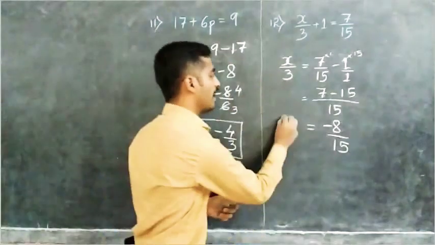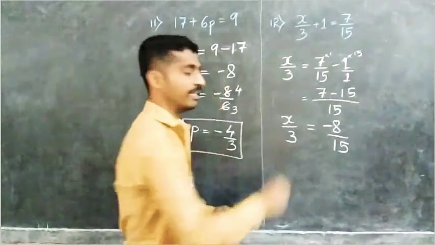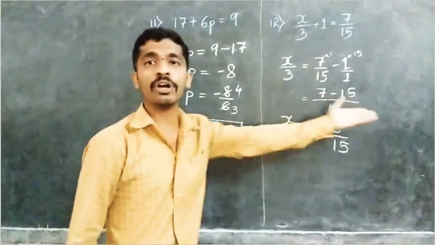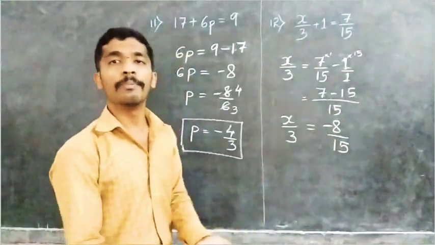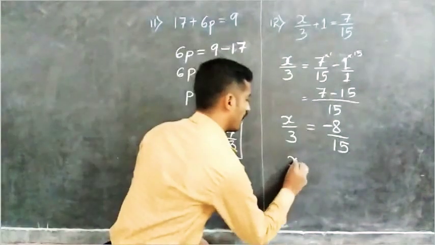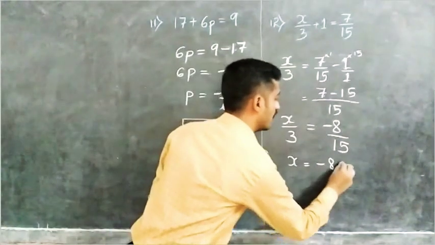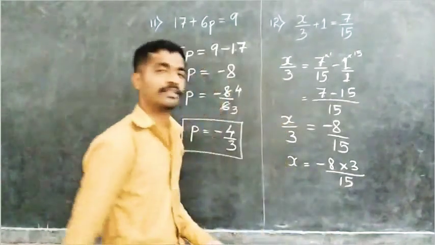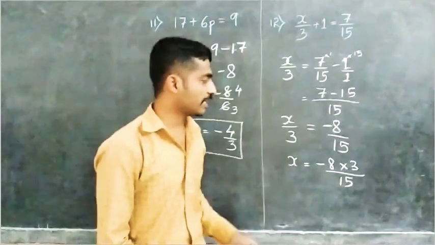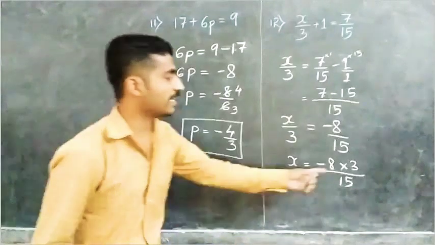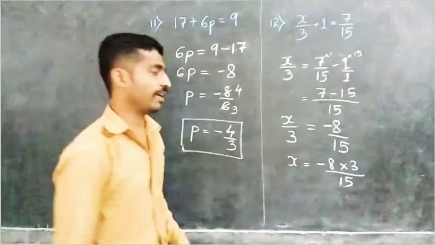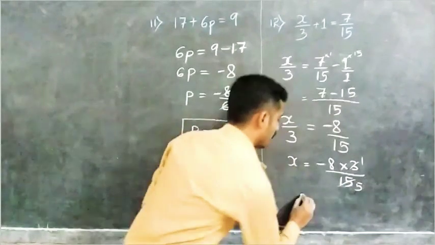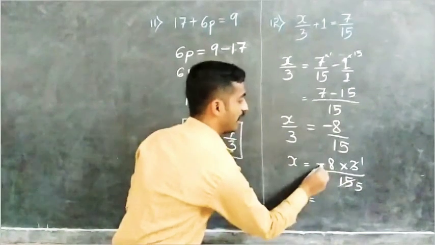Okay, here x by 3 is there. Okay, by 3 means here it is dividing. So if I take to right side, it becomes multiplication. So x equal to minus 8 into 3 divided by 15. Okay, so check anywhere we can divide the numbers. Yes, 3 ones are 3, 3 5s are 15. So divided by 3, 3 ones are 3, 3 5s are 15. So our x answer will be minus 8 into 1